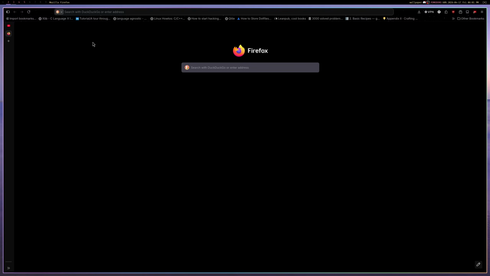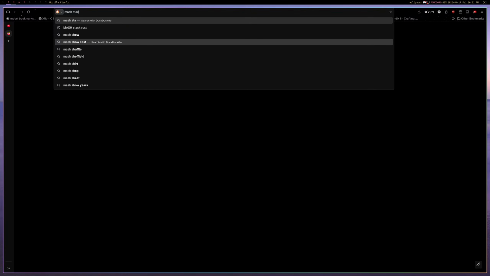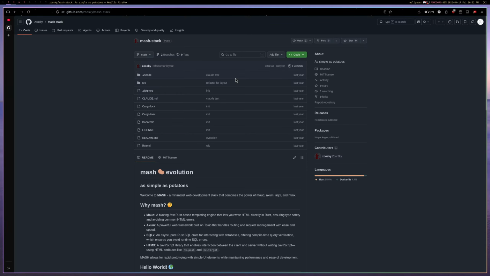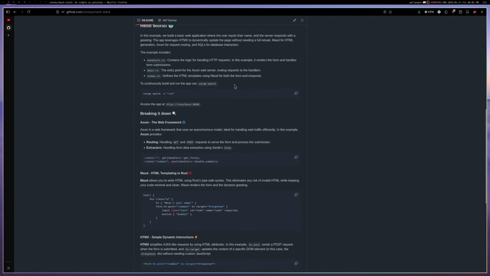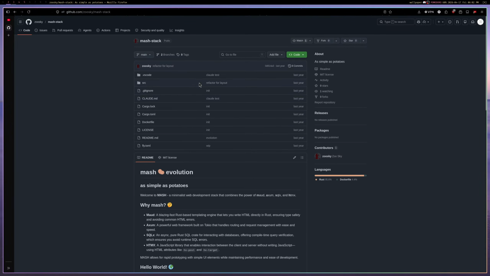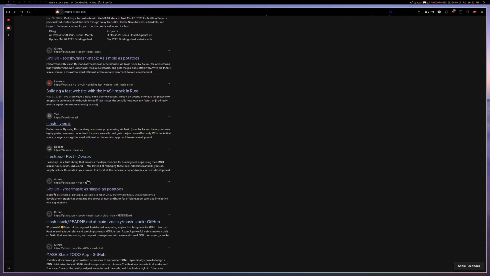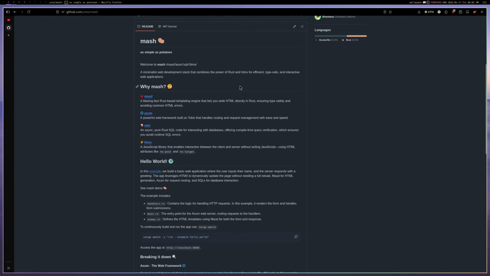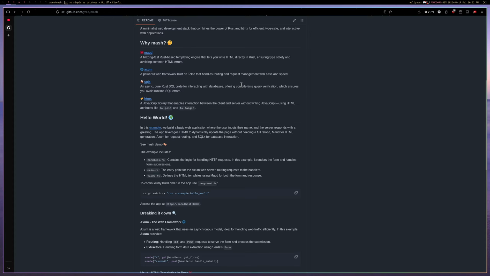If you guys are not familiar, I'm going to search up mash stack Rust, and it should be this one. So, this is something else. This is like a copy of somebody's thing, not the original. Here it is. So, the mash stack is kind of this, and I guess for context, the reason that I'm trying to learn this